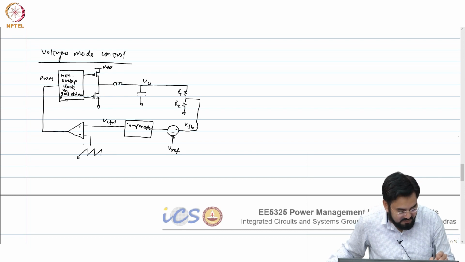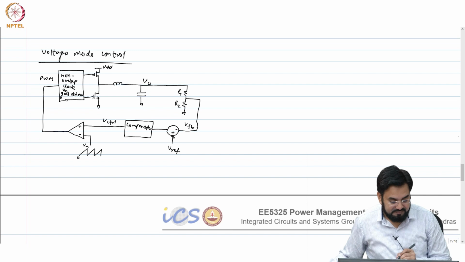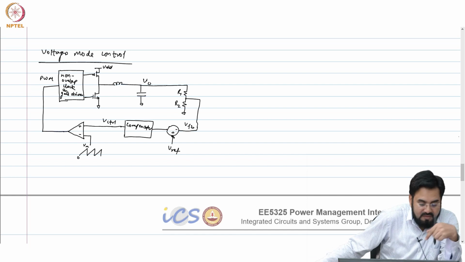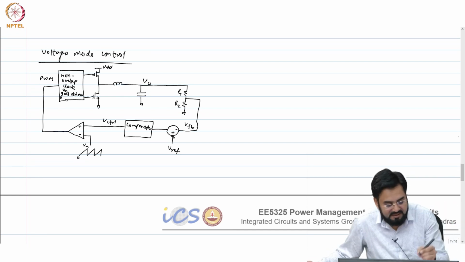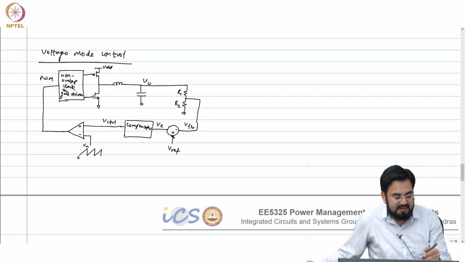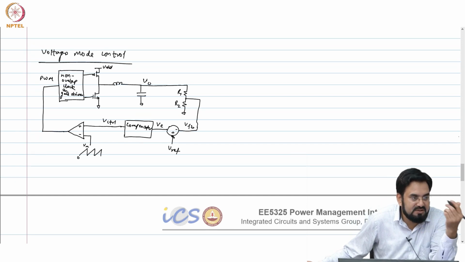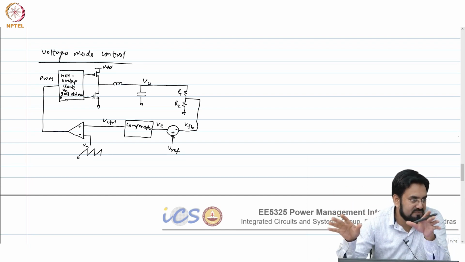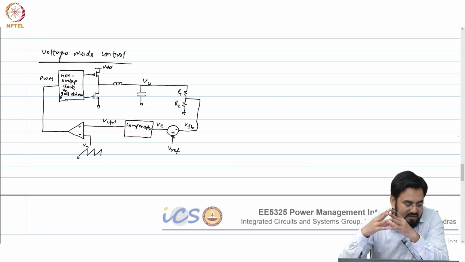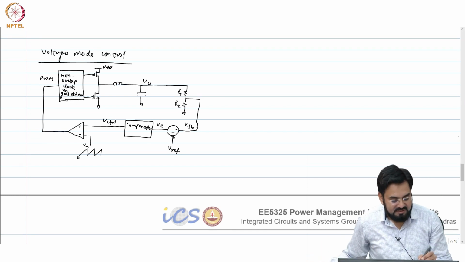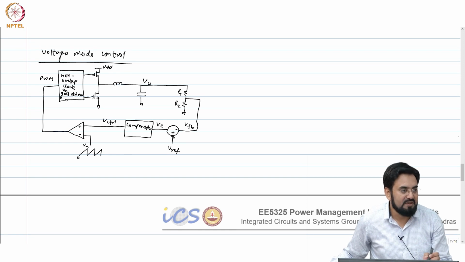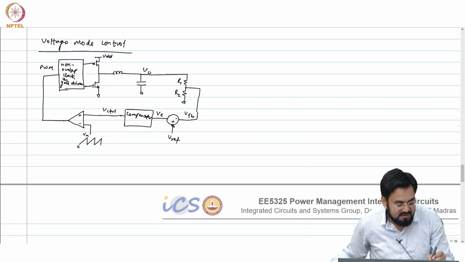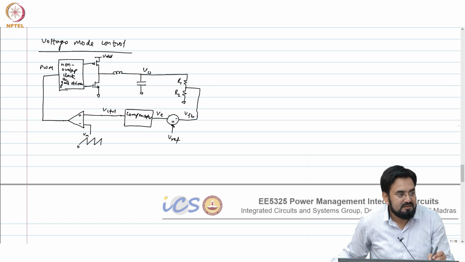If this is going 0 to, let's say, Vm. So what happens? You take the feedback, compare it with the Vref. So it will generate your error signal, and that error goes into the compensator. So for the compensator, you can assume it has an amplifier and some R and C, just like you have in case of LDO. So it's an error amplifier. And this error will get converted into a control voltage, and this control voltage will settle to get the desired duty cycle here at PWM.